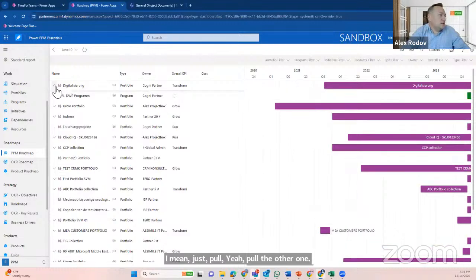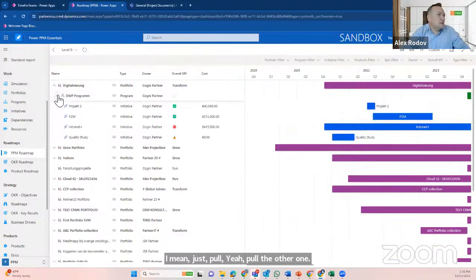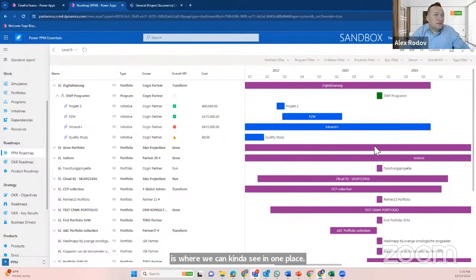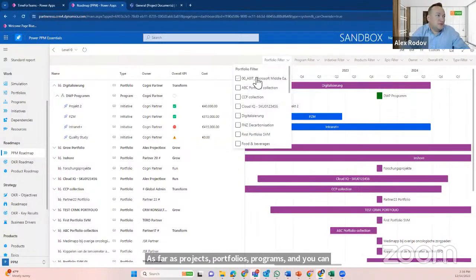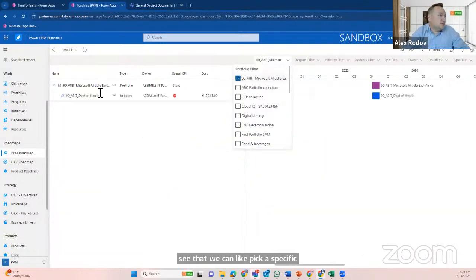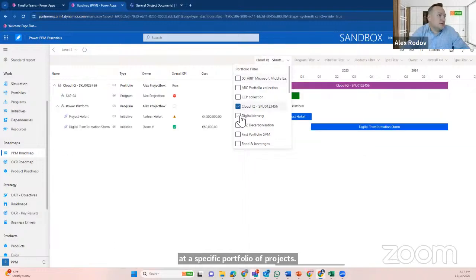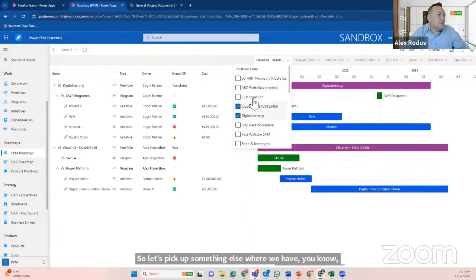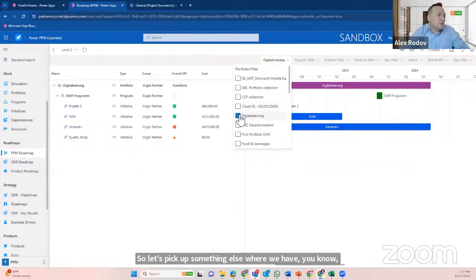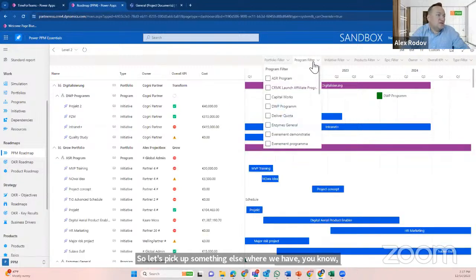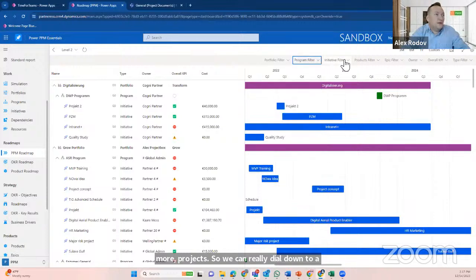This is where we can see in one place all sorts of timelines and everything here as far as projects, portfolios, programs. You can see that we can pick a specific portfolio and look at a specific portfolio of projects. So let's pick something else where we have more projects. We can really dial down to a specific program, portfolio,